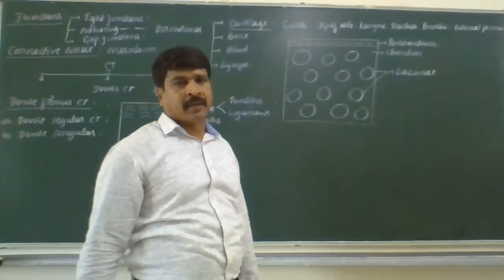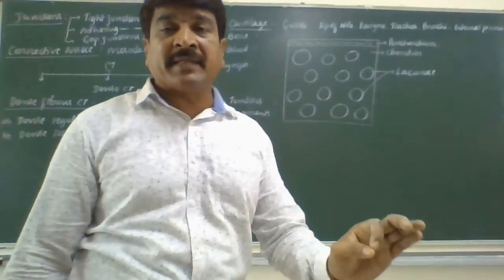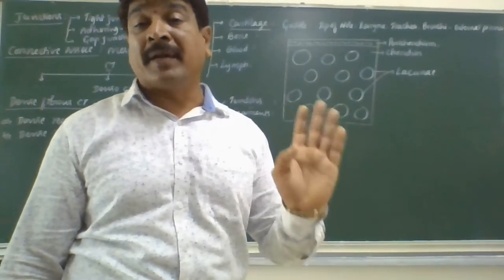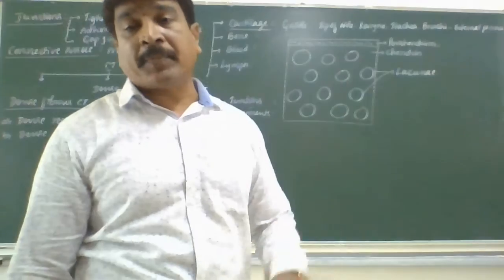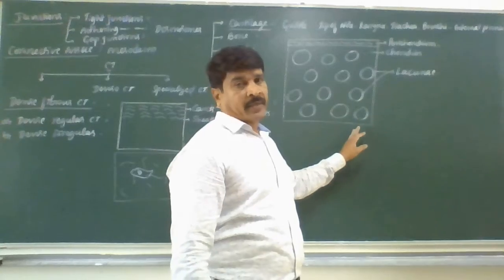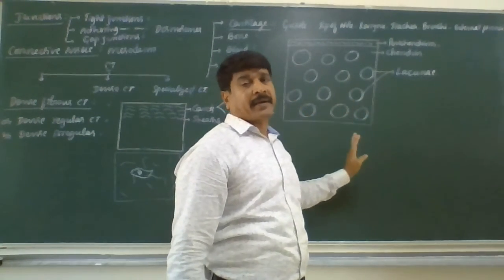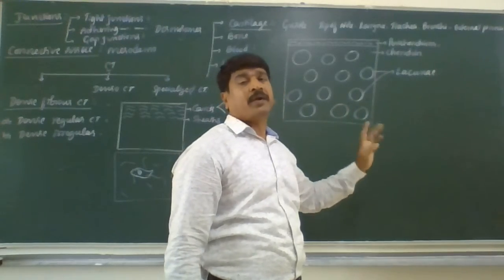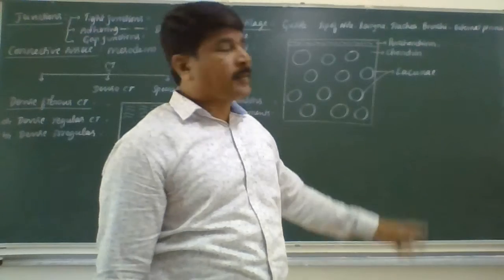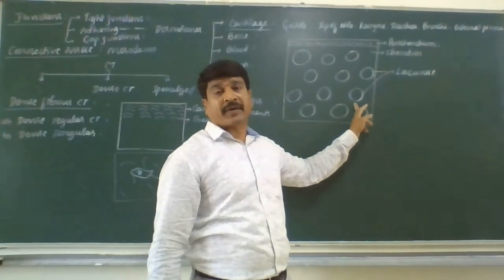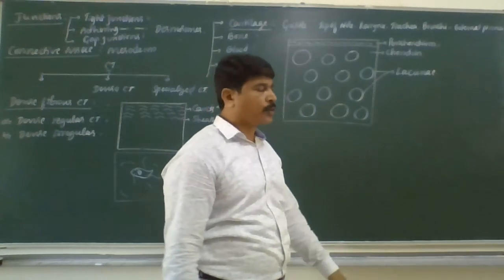So I'll repeat once again. Externally, cartilage is covered by a tough connective tissue membrane called perichondrium, containing blood vessels that supply nutrients to the underlying tissues. That perichondrium encloses the matrix. The matrix of the cartilage contains a protein called chondrin, irregularly distributed spaces called lacunae, and white fibers. The white fibers are not clearly visible because the matrix and white fibers have the same refractive index and staining property.